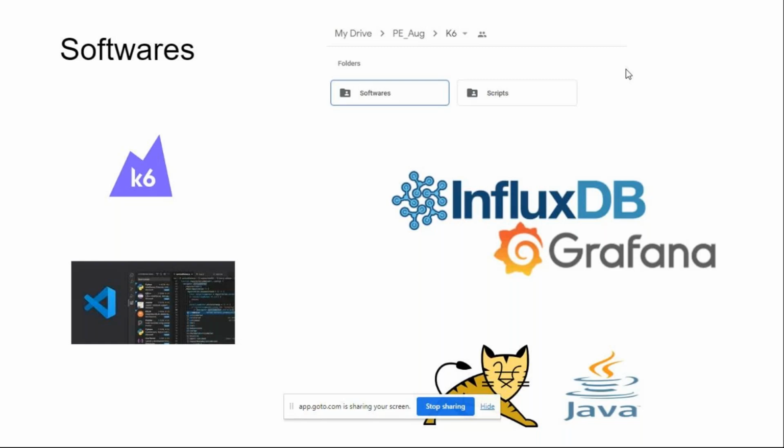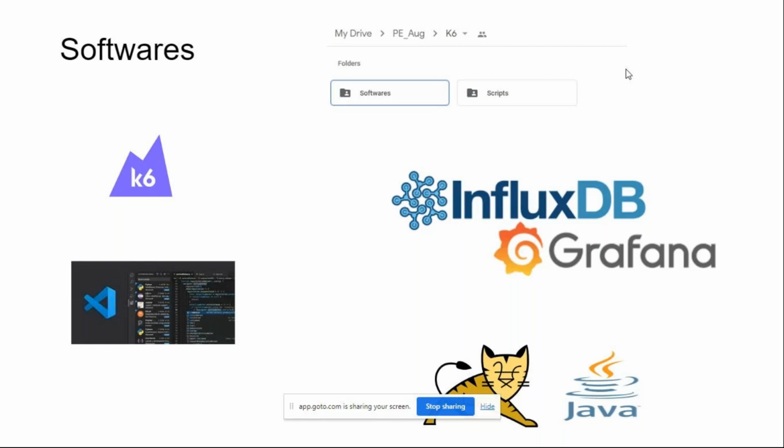Similarly, in K6, it is JavaScript. Which means you can create the K6 JavaScripts in Visual Code. So you would need Microsoft Visual Code installed on your machine, which is again open source. You can go to Microsoft and download Visual Code,